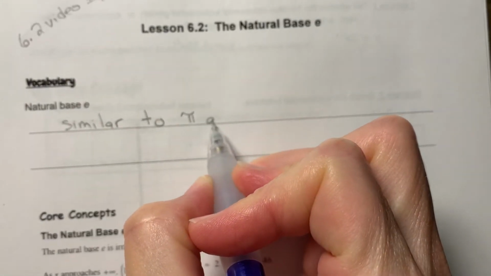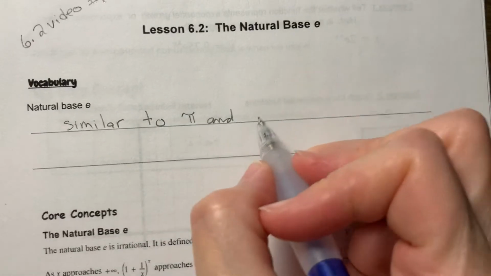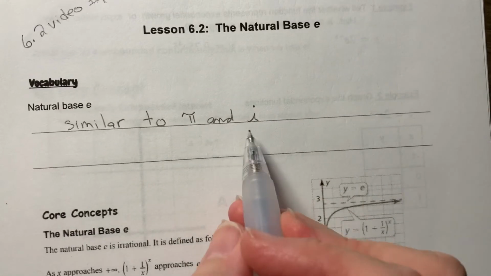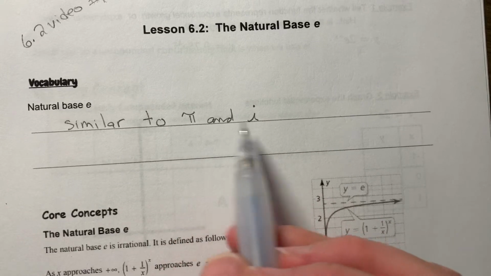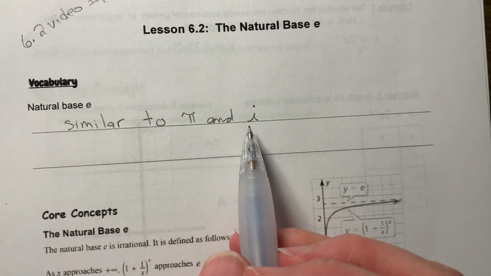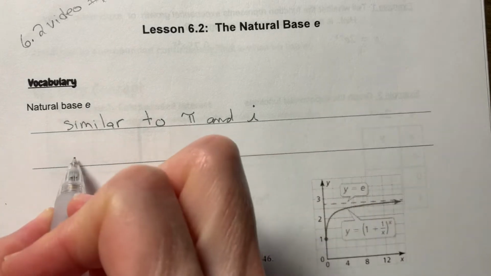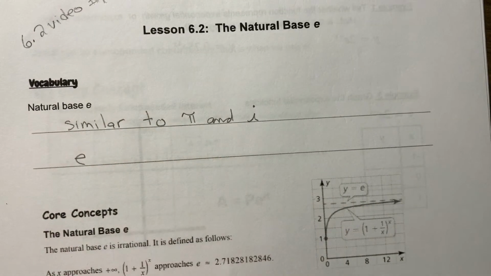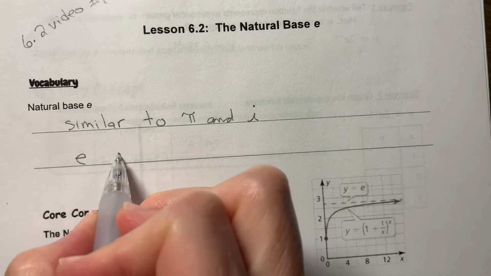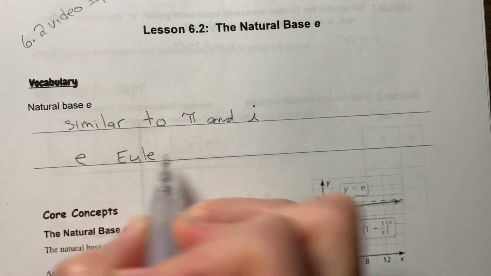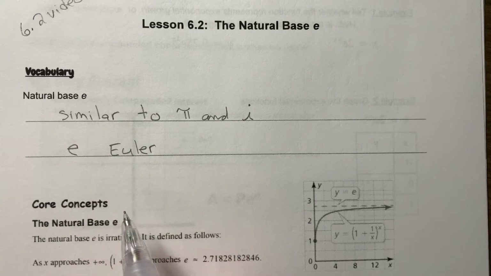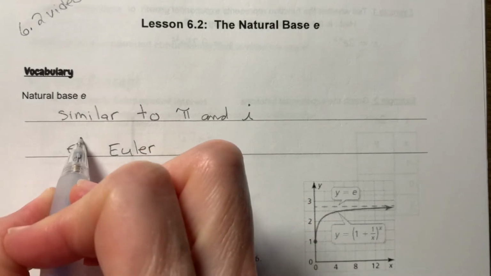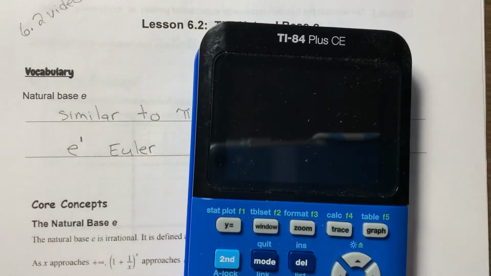And then also in the first part of Algebra 1, we learned about i. Remember, i was the square root of -1. Also, we gave it a special name because it's one of those special numbers in math. So e is one of those also, the natural base e. It's named after the mathematician who studied it, Euler, or Euler, you'll sometimes hear his name called. And so if you put e to the first power, well, I want to show you first of all,